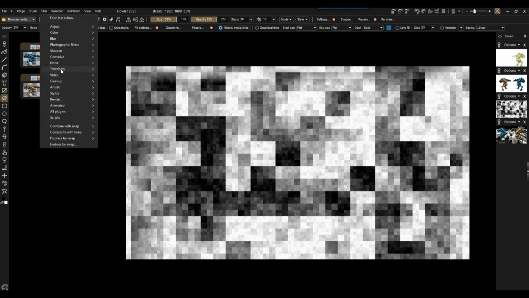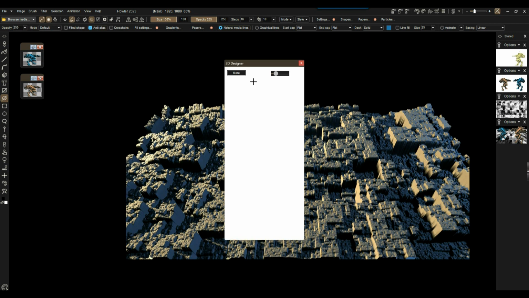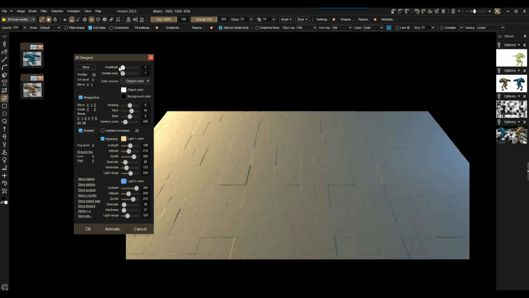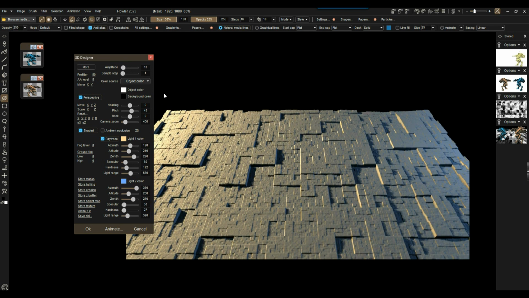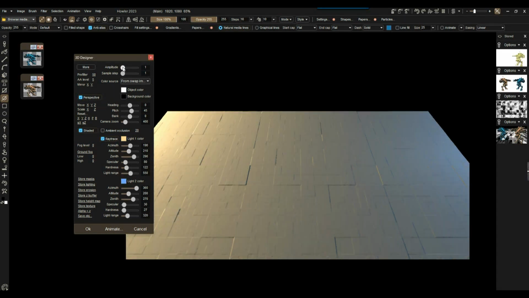Let's see. Preview off. I'm going to use the 3D renderer with that. There's two of them to choose from. 3D Designer has an interesting rendering option, especially if you want to quickly just animate, rotate it, and stuff like that. So you could do something with that, like a little pattern like this. And the coloring of the object could come from the texture itself. So you have some changes in elevation, but also in color